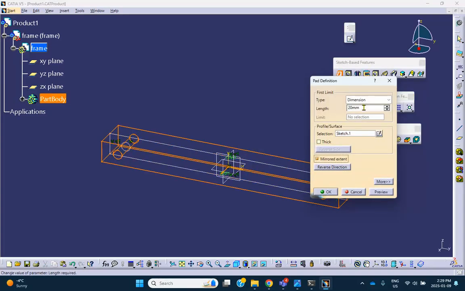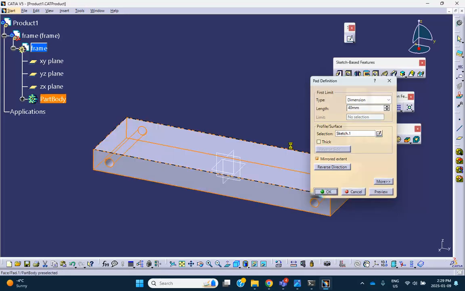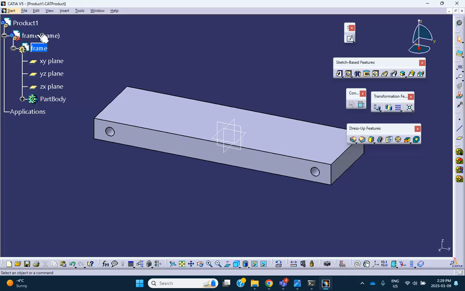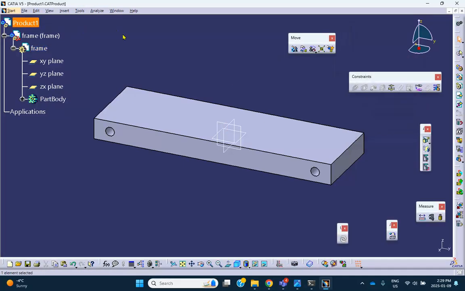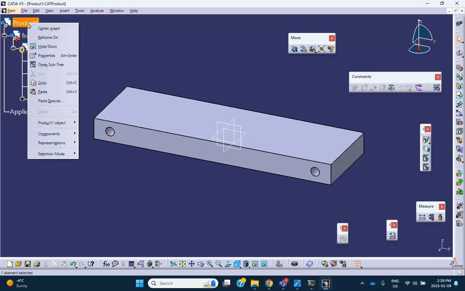So let's make this thing 40. So there is the chassis of the car. Okay. Now go on the top and make the front axle. For example, front axle or rear axle, it really doesn't matter. So insert,